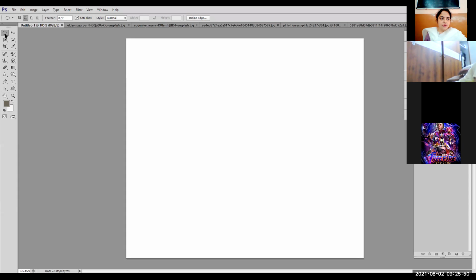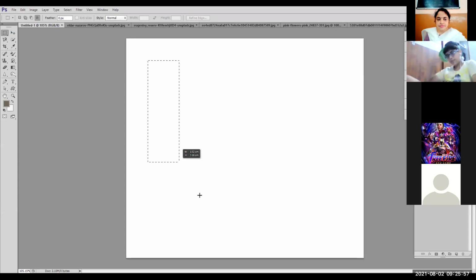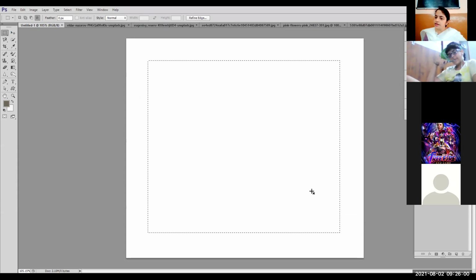Now, what can I do with the selection tools? One thing is I can select an area and fill the color in the selected area only. I can use the brush tool to make a drawing, but I do not want the drawing I am making with the brush tool to go outside the particular selected portion. Whatever I draw should not go outside the particular portion. So I will select that portion and then use the brush tool to make the drawing. It will not go outside the selected area.